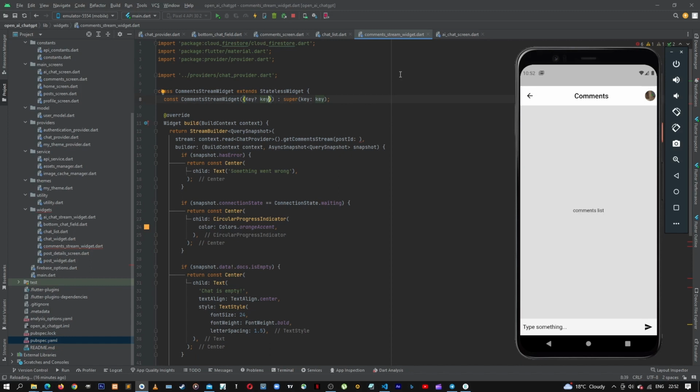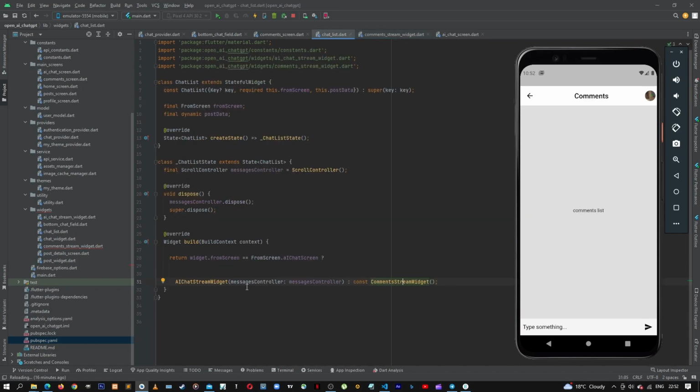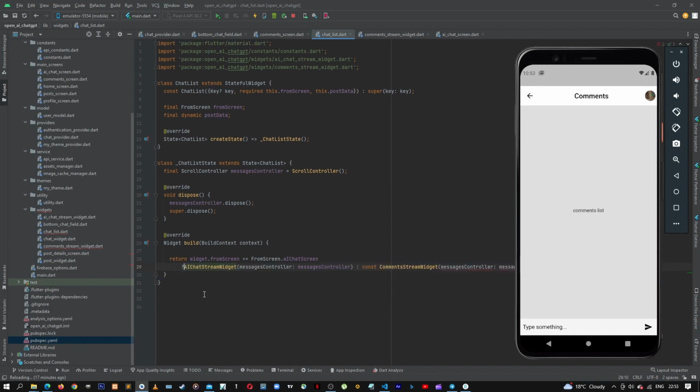We need to pass, if we come back to our chat list, so this is passing a message controller. So let's also pass it message controller. We can just copy this for time saving. Let's pass the message controller, which is message controller. First, let's format these. After we pass the message controller in here, let's also pass the